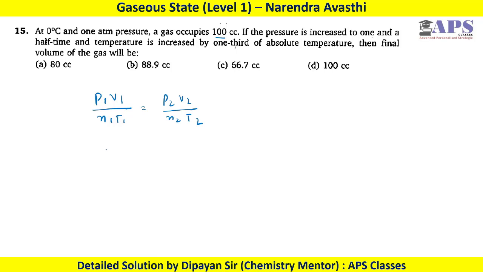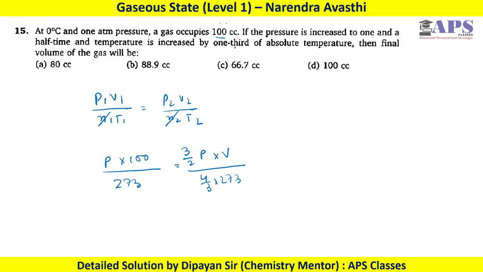Initial pressure is P, initial volume is 100 ml, the number of moles is constant so we can cancel it, and initial temperature is 273. Now the final pressure is 3 by 2 of P, we have to find the final volume, and the temperature is 4 by 3